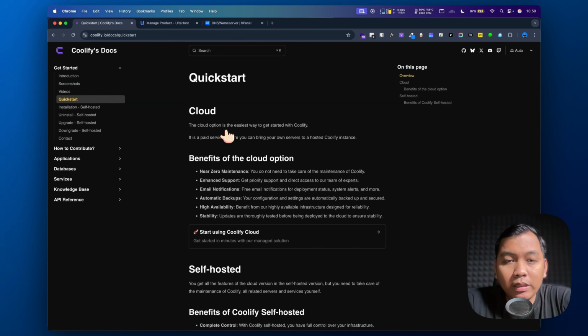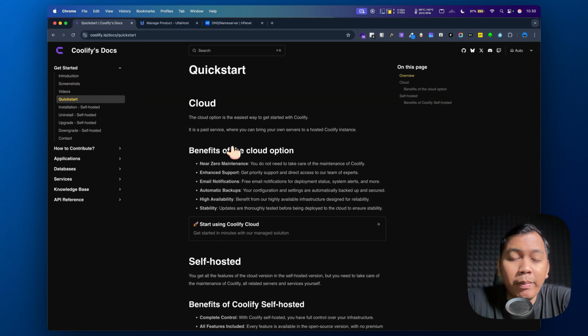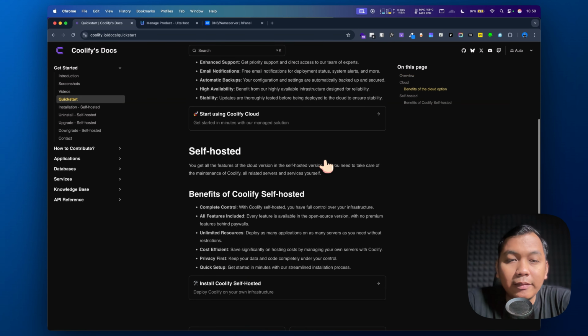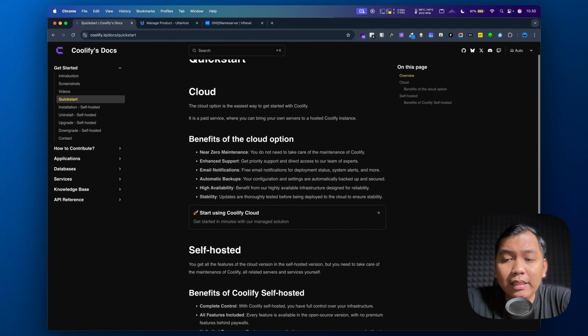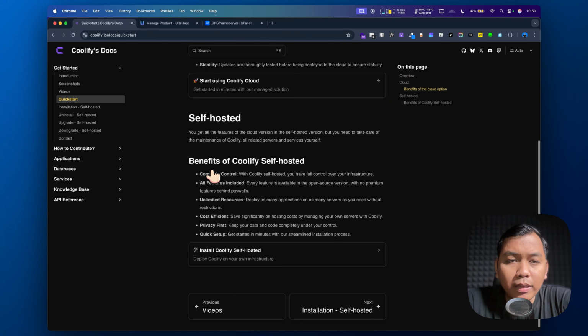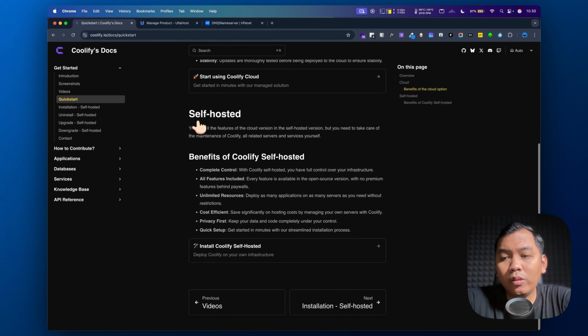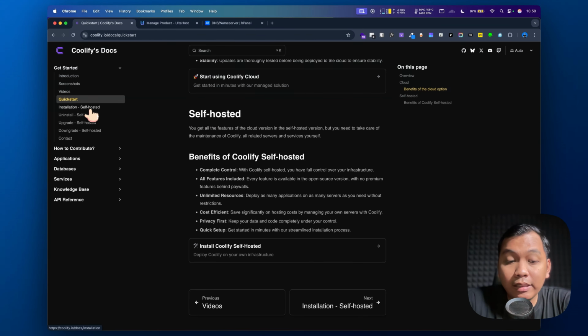The cloud option is the easiest way to get started with Coolify. It's a paid service where we can bring our own server to a hosted Coolify instance. As you can see, at the beginning it's just $5, but we also have the option to choose self-host here, which we do in this video.